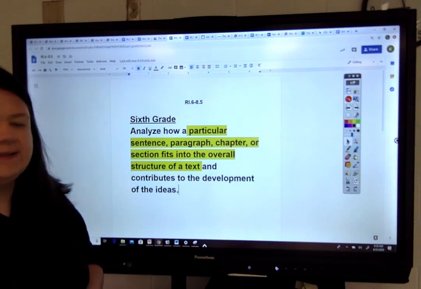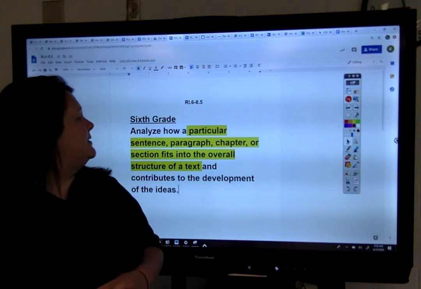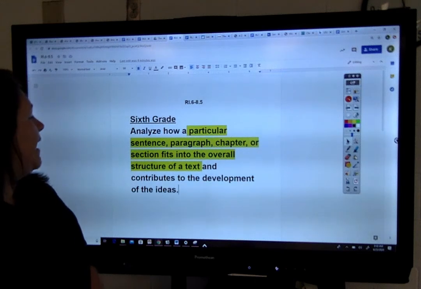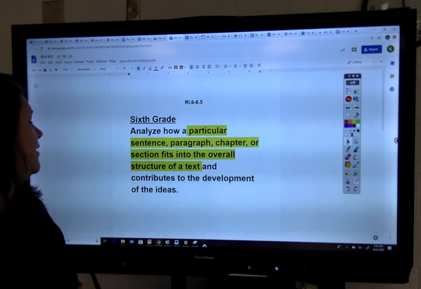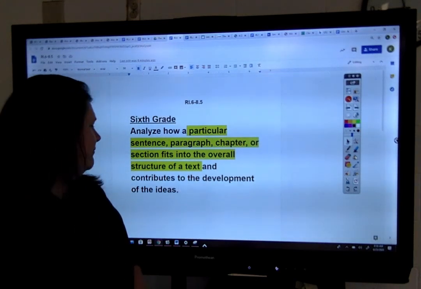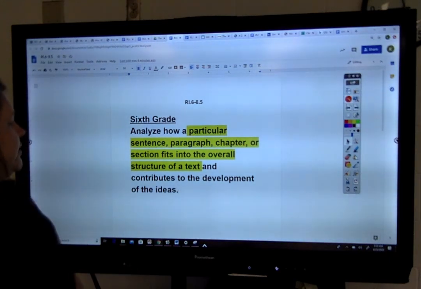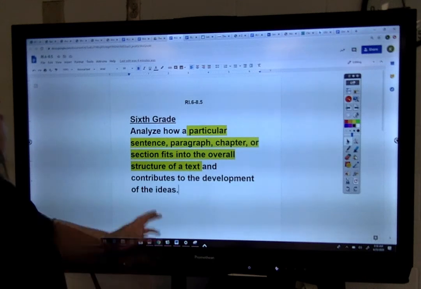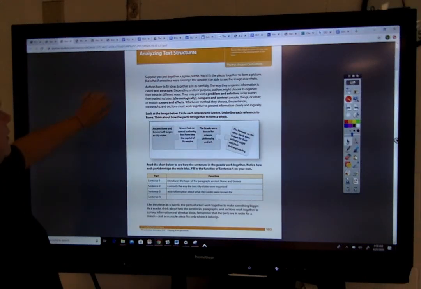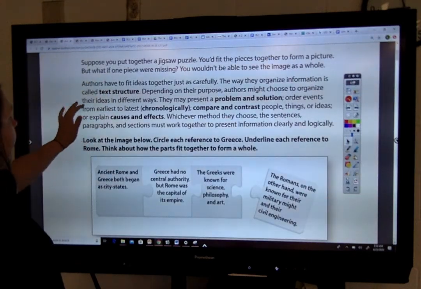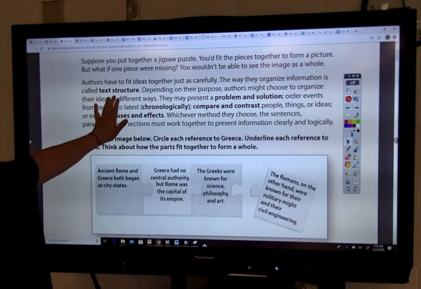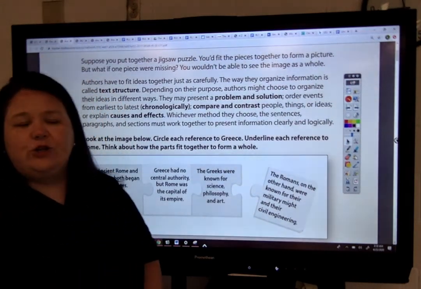Today we're going to look at standard RI.6.5. Analyze how a particular sentence, paragraph, chapter, or section fits into the overall structure of a text and contributes to the development of ideas. Okay, so let's see how that looks. Okay, so if you look here, we have the word text structure, and that just means the way